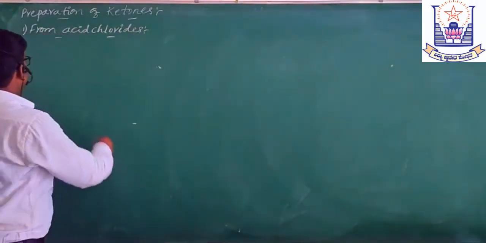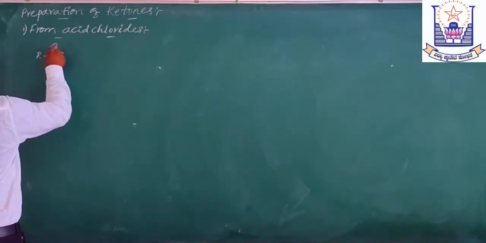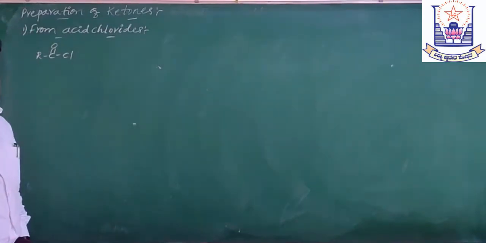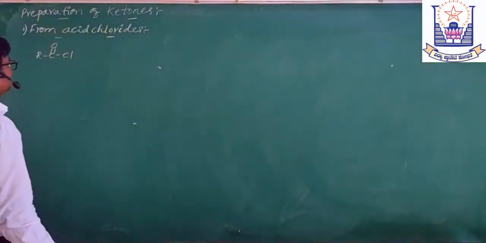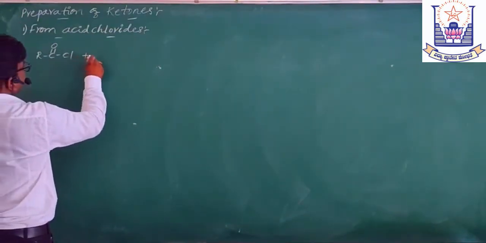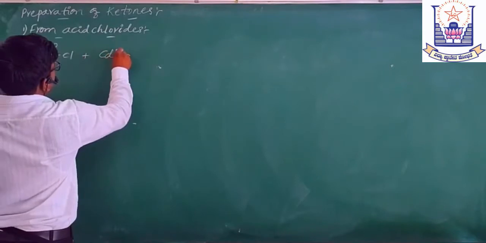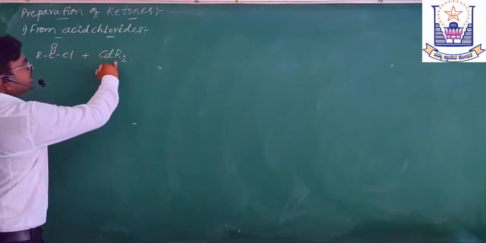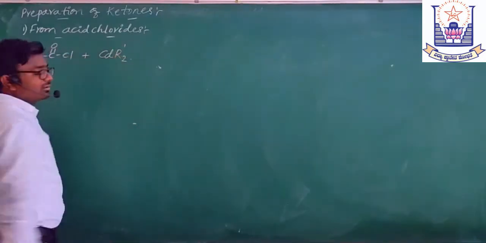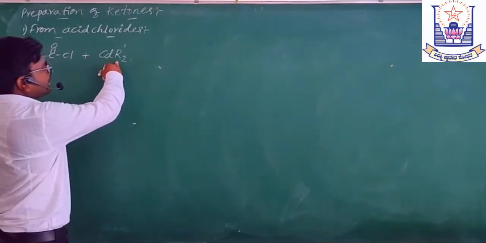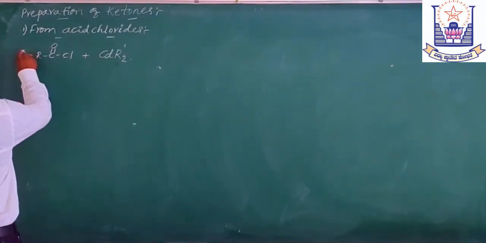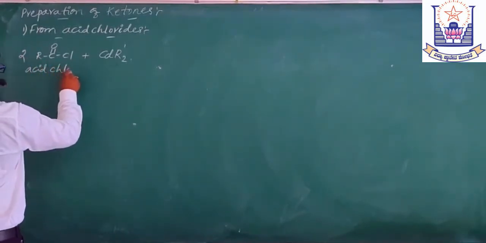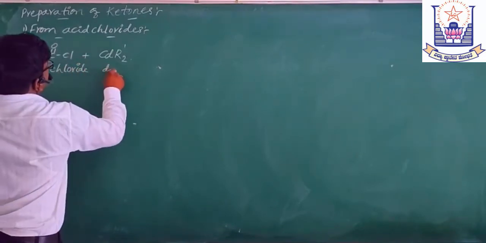What is an acid chloride? It is RCOCl. When this is treated with dialkyl cadmium, for example CdR2, this R and this R dash may be the same or different. Here, how many R dash do you have? 2. That's why we need to take 2 moles of acid chloride. When this is treated with the dialkyl cadmium,